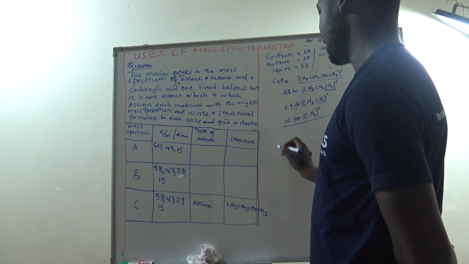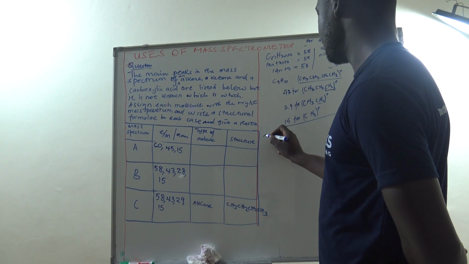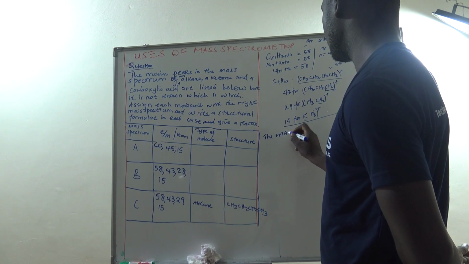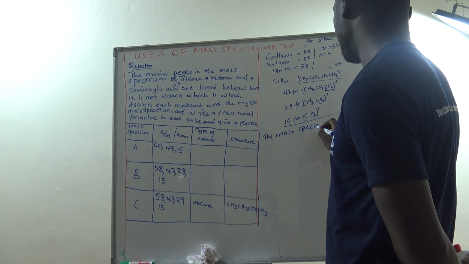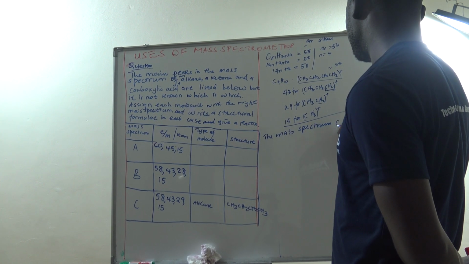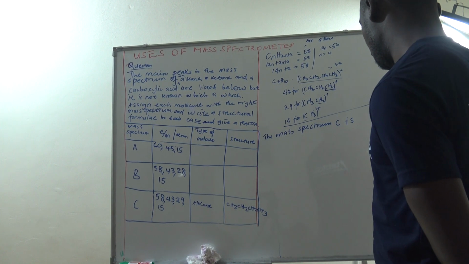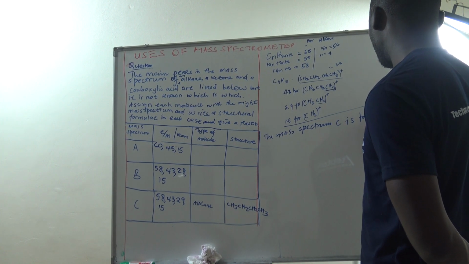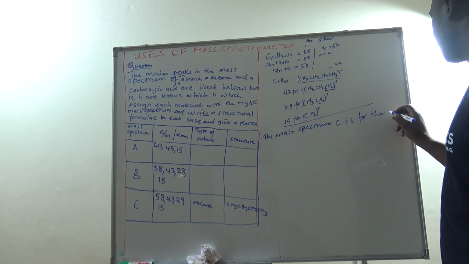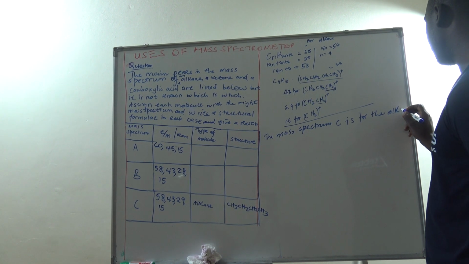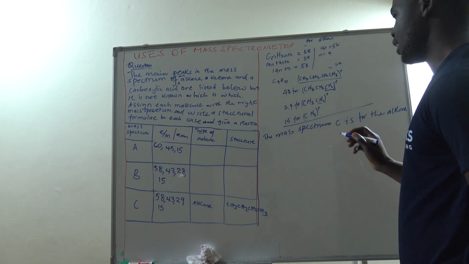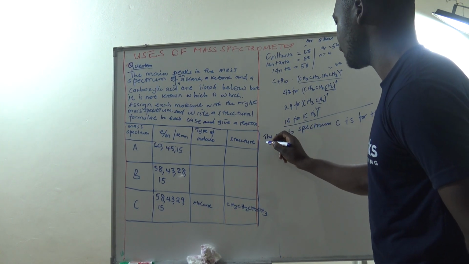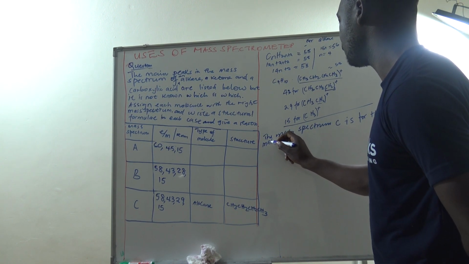We shall say that the mass spectrum C is for the alkane. And we say that the mass ratio